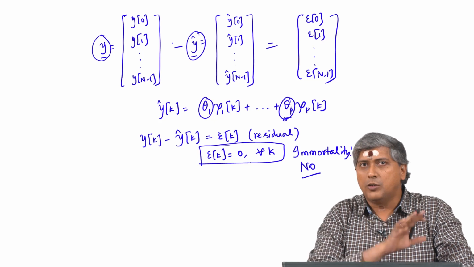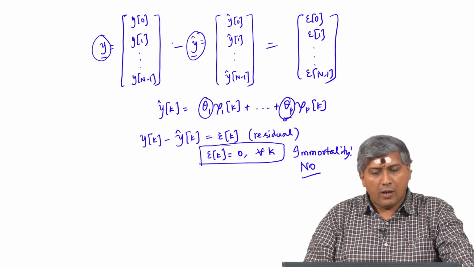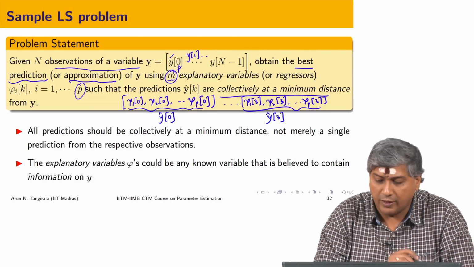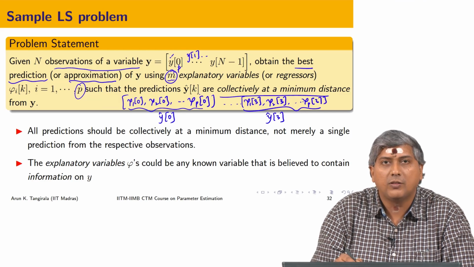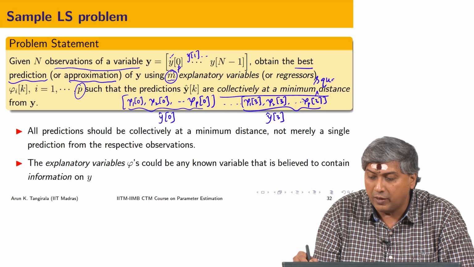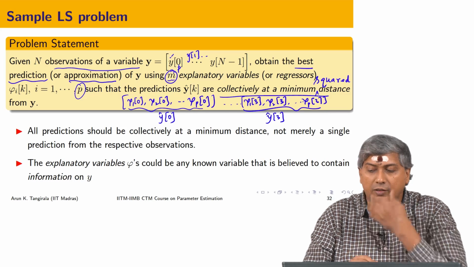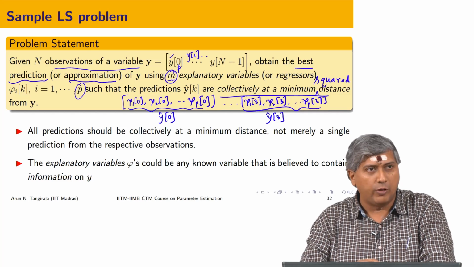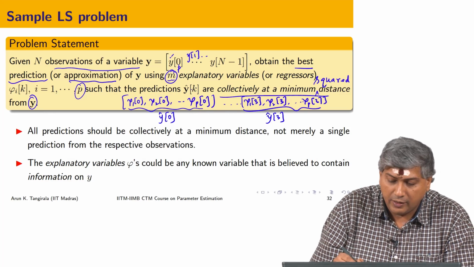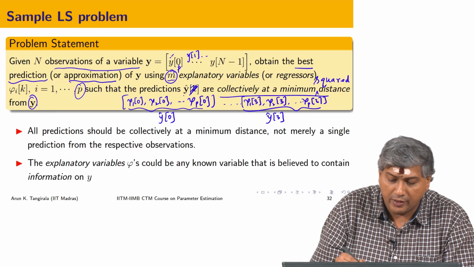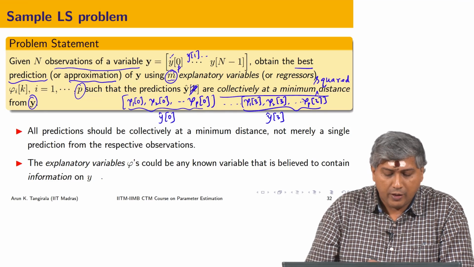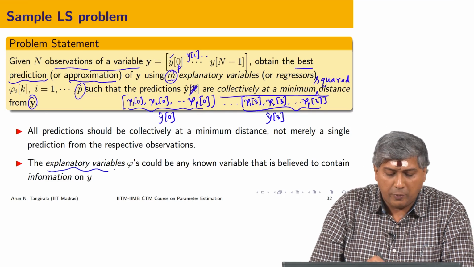So, there is so much to think behind that. Okay. So, let us get back now to the discussion that we had. We want now the approximations to be collectively at a minimum squared distance. We will add the squared because Euclidean distance would mean square root from this vector y. So, y hat, in fact there should be no y hat k, it is only y hat, I will make that connection. All right. Now, what are these explanatory variables?